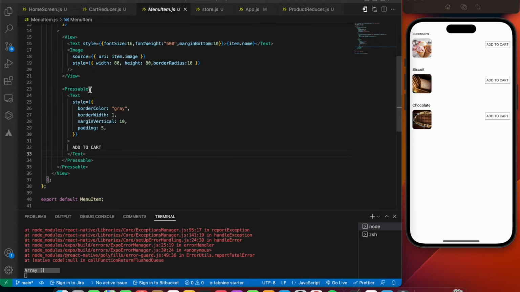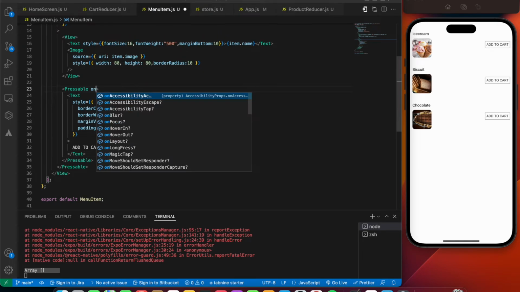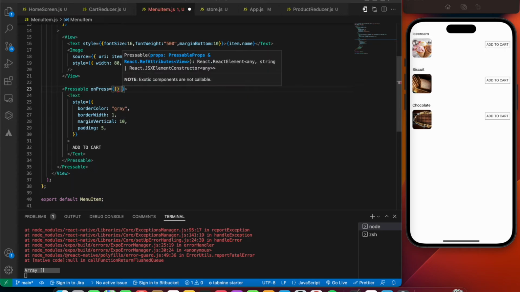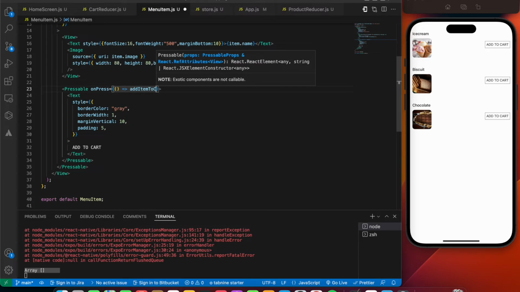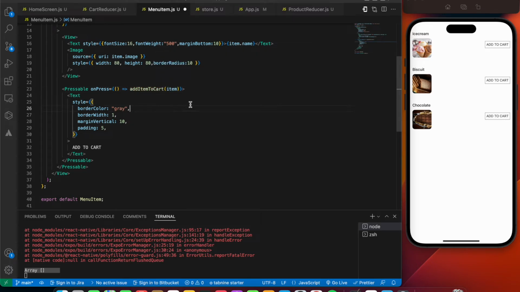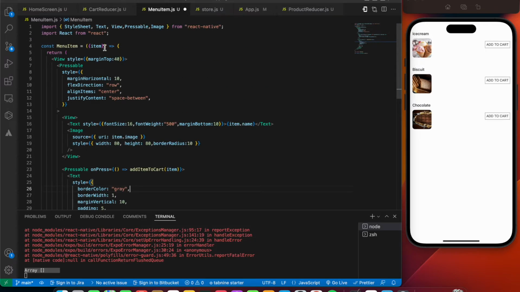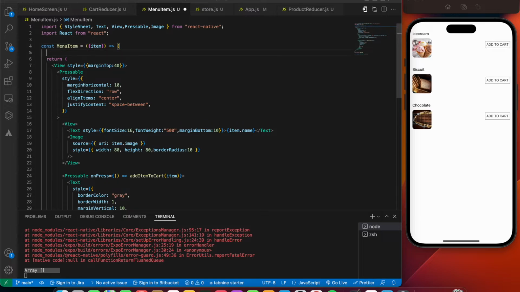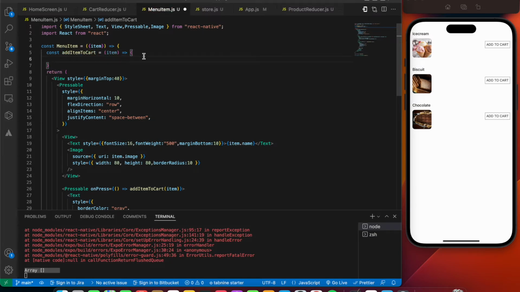So we're gonna say on press equals a function which calls add item to cart, and it takes in the item itself. The item is coming from the props. So let's initialize our function right at the top: const add item to cart equals, taking in our item, and we'll be defining it over here.